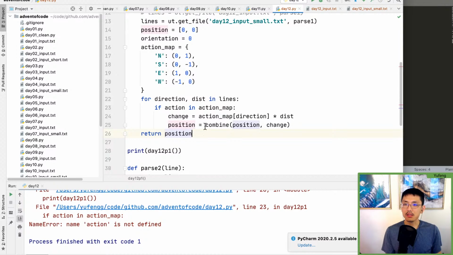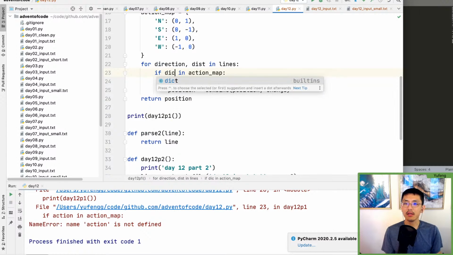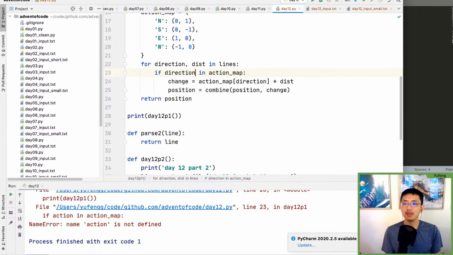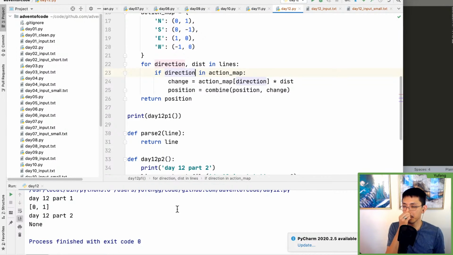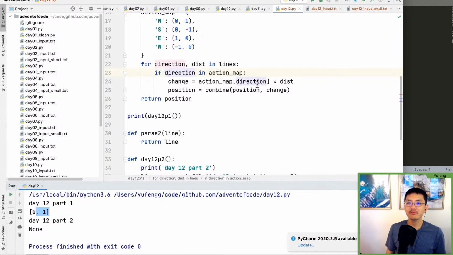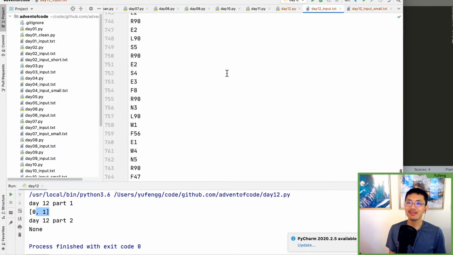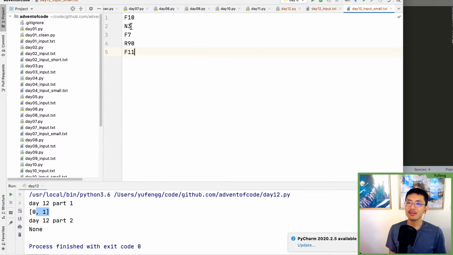And so action is not defined. You don't say. Where did I accidentally write action? Oh, if action, yeah. If direction in the action map, good. So we end up at 0, 1. Really? Do we now? What are the other inputs? We go north, we go right, which should be,